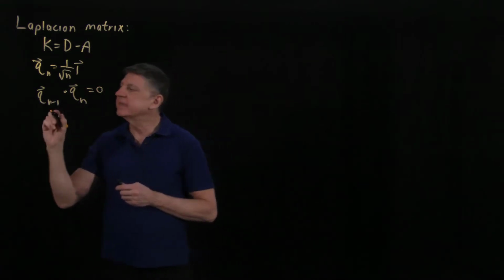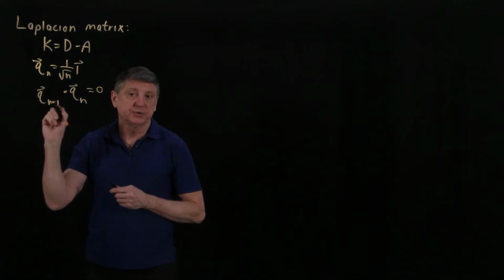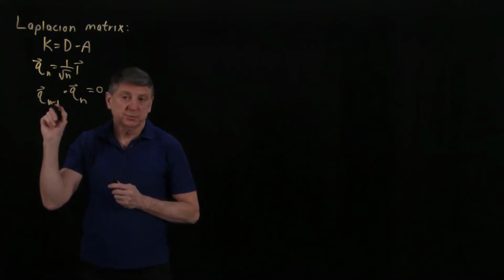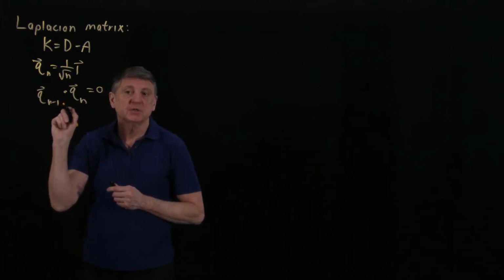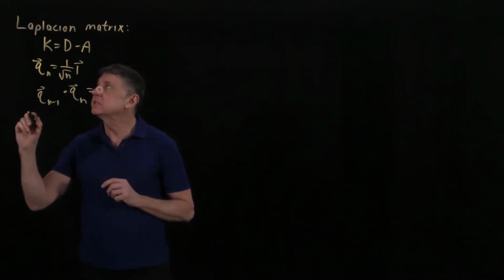And that means that the sum, this Fiedler vector has to be a zero mean vector. And the idea that we used previously was that we just took the positive and negative entries of this. Well, now let's consider,